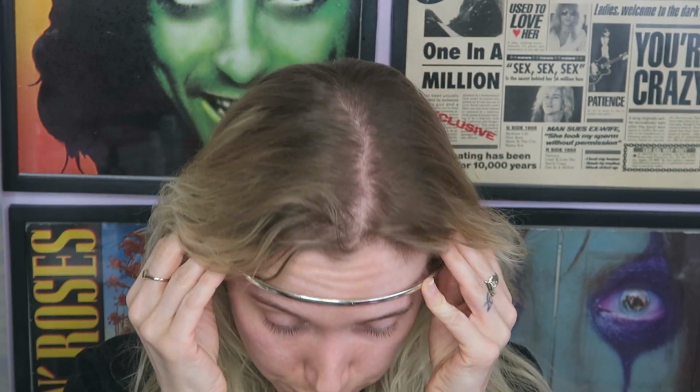I haven't dried my hair after washing it, and I hope that it looks like, oh look at me, I'm Lucy from Love Island, look how beachy and effortless my hair is. But in reality I think it just looks like it needs brushed. So